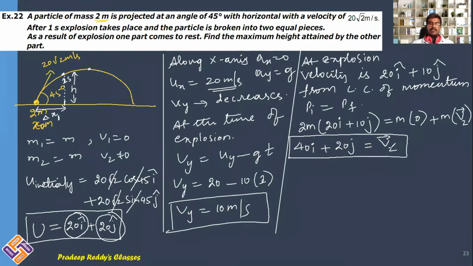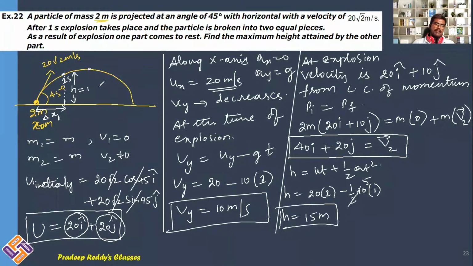You are supposed to calculate distance traveled along y-axis only. So therefore, first I will find out this h value. h is equal to ut plus half at square. What is initial velocity? Its velocity initially along y direction is 20 into 1 second minus half into acceleration due to gravity, 10, and 1. This is 2 5s are 10. h is equal to 20 minus 5, it is 15 meter. Now this value is 15 meter.